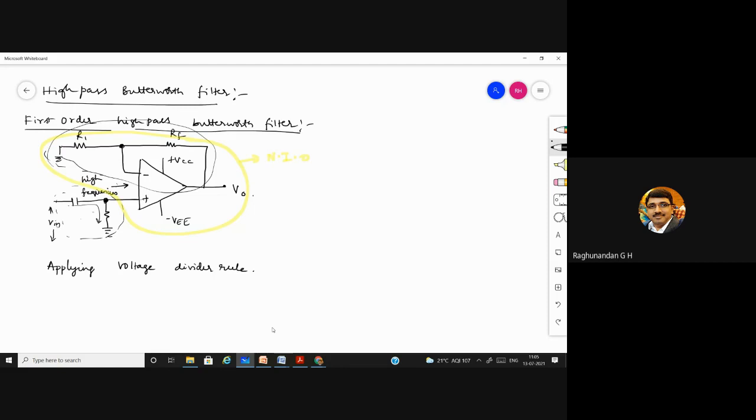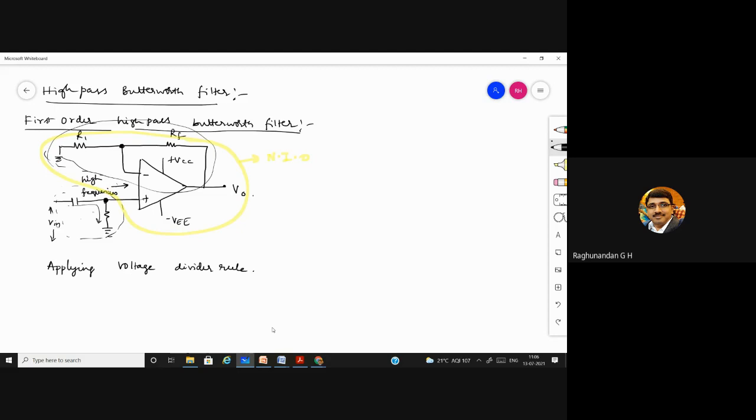Now, in order to know what is the voltage across this, we need to know what is the voltage across this point, this node. Here, since we are having resistor and capacitor, so two branches are there, we cannot tell directly that whatever V in we are having, the same V in is going to appear here, because there will be some drop across the capacitor as well as at the resistor. So that's why we need to find the voltage.